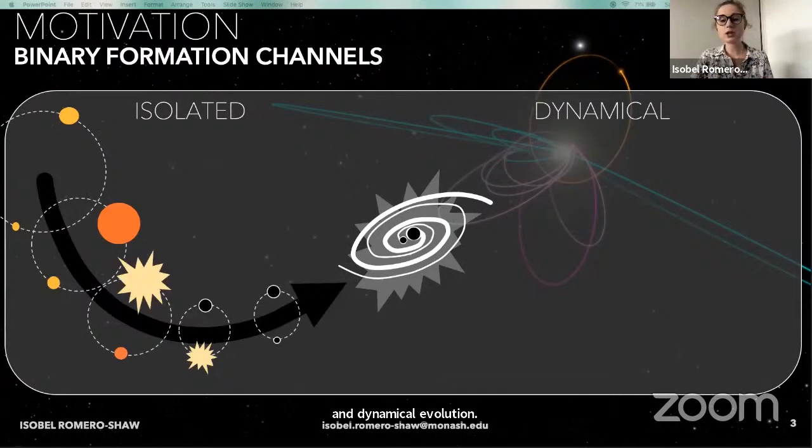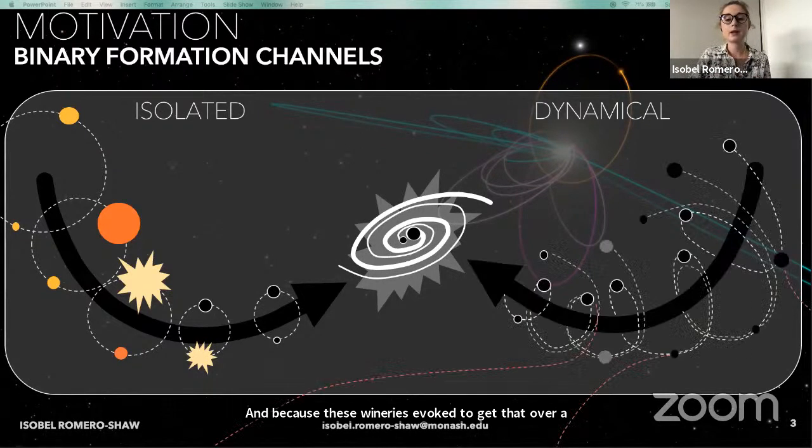Isolated evolution occurs when 2 stars are born in a binary and evolve together, undergoing some mechanism that allows them to become close without merging before they become compact objects. And because these binaries evolve together over a long time, they settle into energy-efficient circular orbits. Our other option, dynamical evolution, occurs in very densely populated regions of space, like active galactic nuclei and star clusters. And in star clusters like globular clusters, the mass segregates. So you get a dense core full of dark compact objects which can interact and become bound to each other.